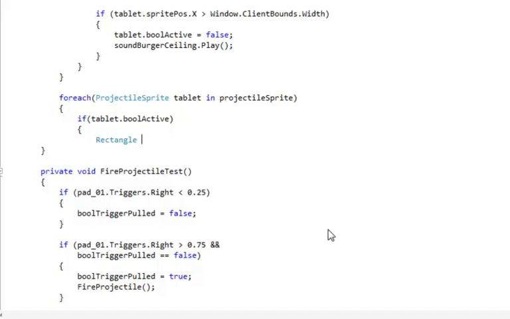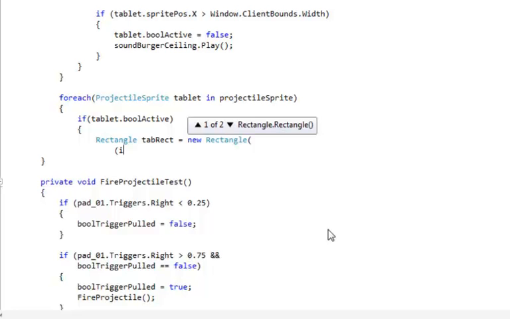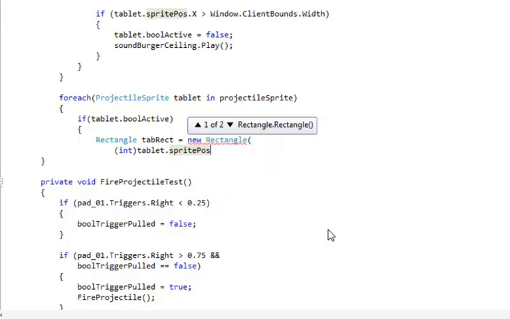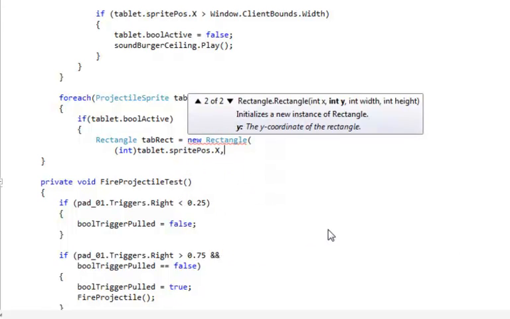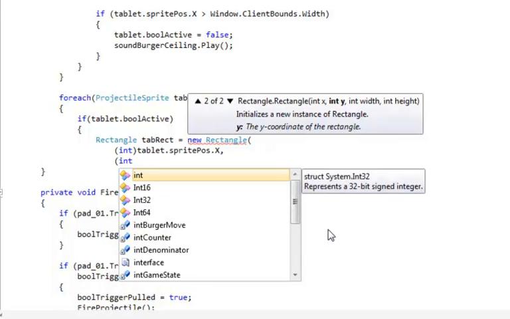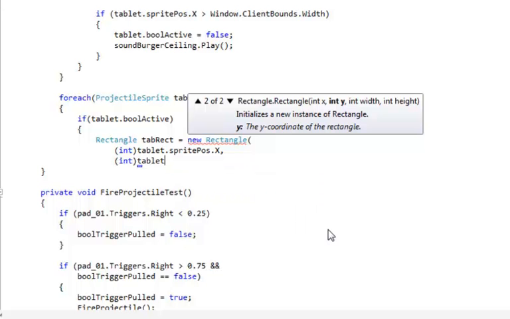So if it is, then we need to create a rectangle for it. So Rectangle, we're going to call this tabRect equals new Rectangle. A little goofy looking way to do this, but that's the way to do it. And remember, they need integers in rectangles, and what we have are floats that are part of Vector2s, so we have to do this explicit casting. So int tablet.spritePos.x, and then int tablet.spritePos.y,